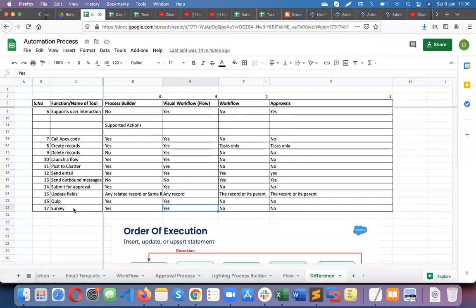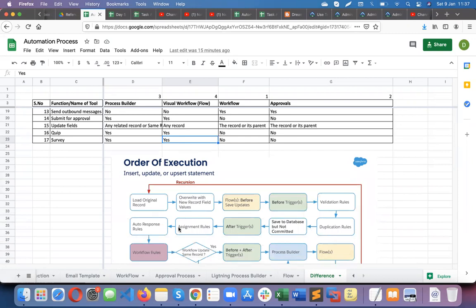Okay. So that survey can be called using Process Builder or flows. We can invoke the survey from Process Builder and the flow, but not workflow and approval process. Okay. So any question on the comparisons? No, no questions from my side. Yeah, I'm good too. I think still Steeny has not joined.